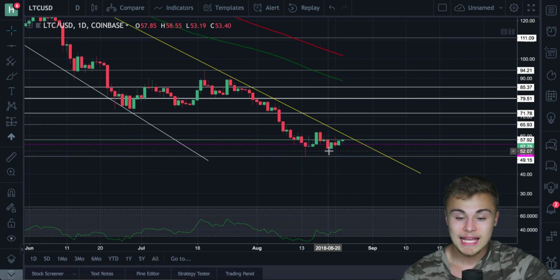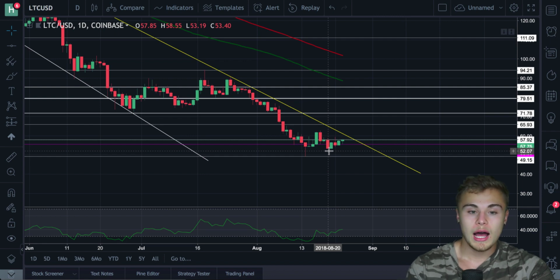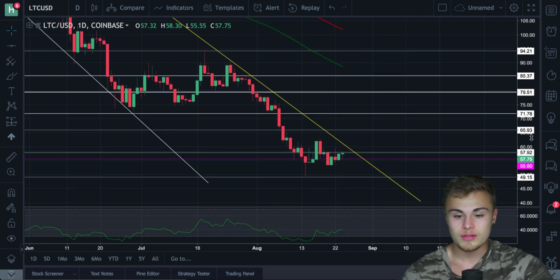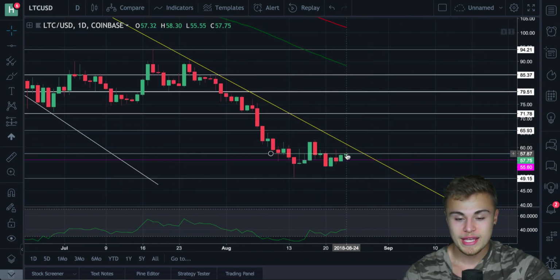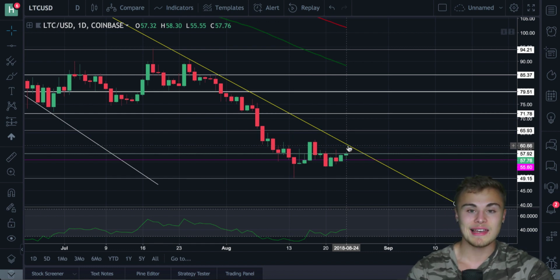So support is strong at 55, and support is very strong at 50. Those are definitely two key levels we're going to be paying attention to in the next week or so when we see the price level move there. It's definitely nice that we're seeing $58 right now. There's a chance we could break bullish from this level right here, but we're most likely going to be stopped by around a $60 resistance level